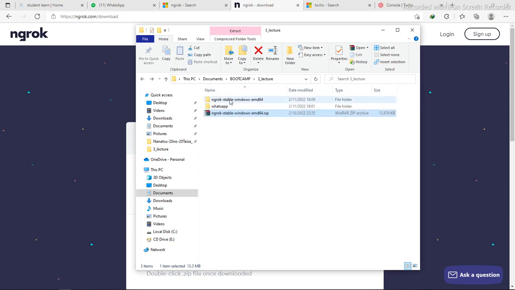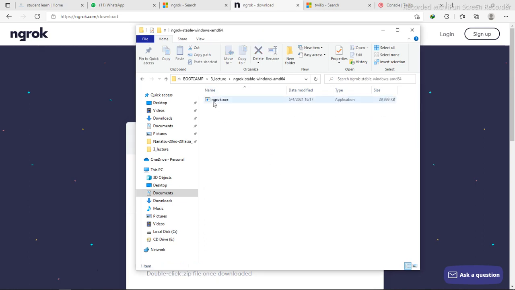Okay, it's actually extracted. Go in. As you can see, it's just a package which is actually here. So I'm actually going to execute this Ngrok package. What I want you to do, if you're on a Windows machine, just click on Shift and then right click,